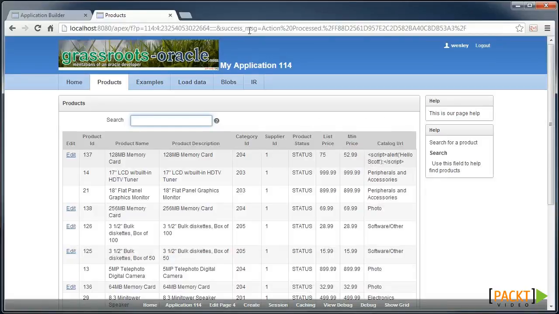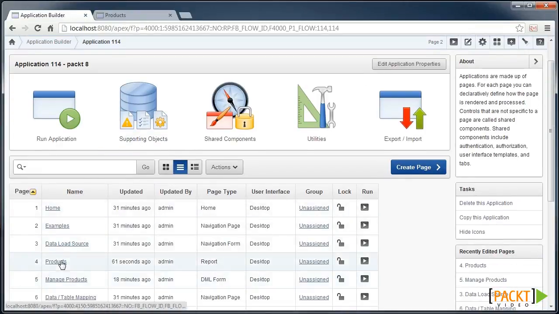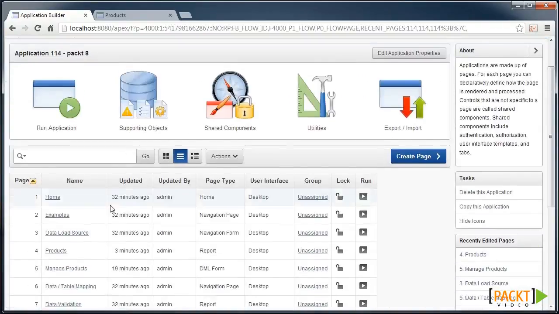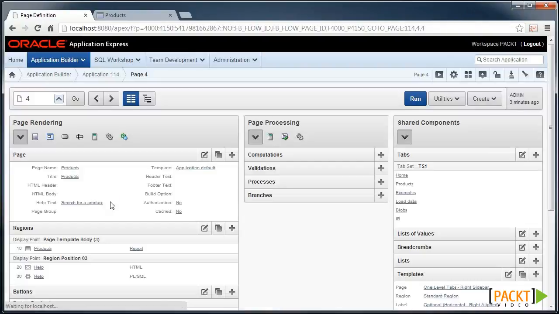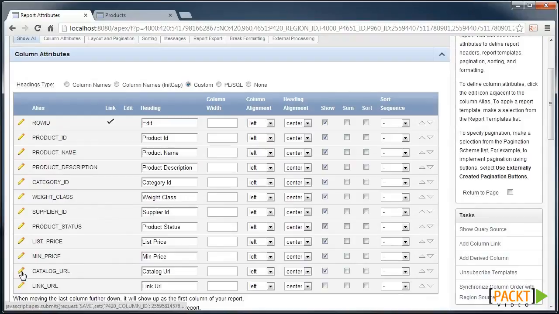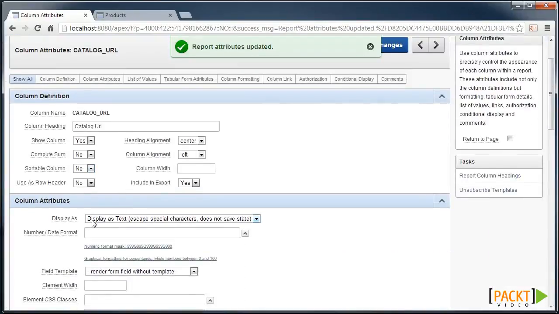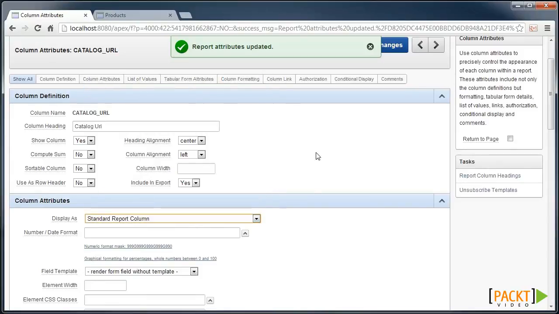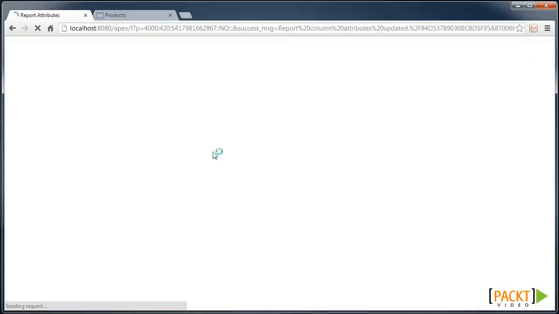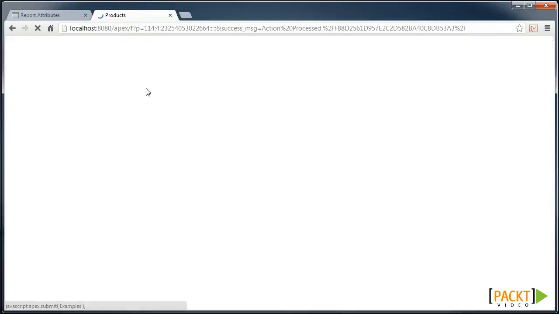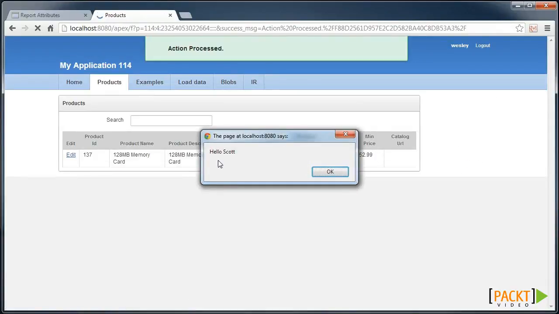appropriately escaped. If we go and edit the products report, we'll edit the products report, and edit the catalog URL column, and instead of it being display as text, escape special characters, I'm going to set it to the standard report column, which is what we do need for some columns, but you just need to be careful. So then when we refresh our page, the JavaScript is executed, and we see this message on